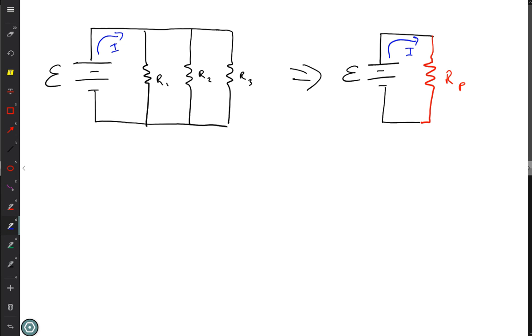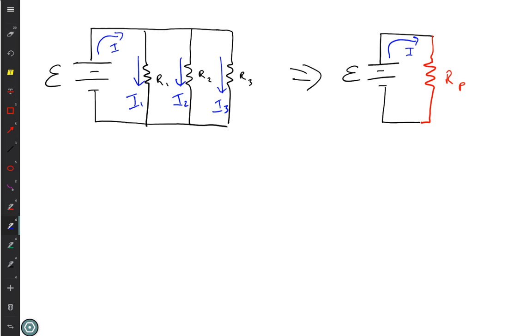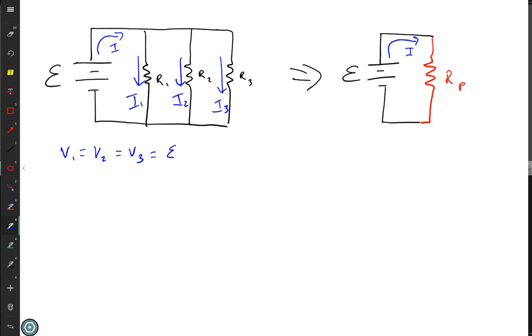But in parallel, what's going to happen to that current? It's split, so I'm going to have separate I1, I2, and I3. Each resistor has a different current, but because they're in parallel, the tops are all connected together, the bottoms are connected together, and the voltage across them is the difference between top and bottom. So the voltage has to be the same for each one. Because they're in parallel, I'm going to have V1 equals V2 equals V3 equals the EMF,